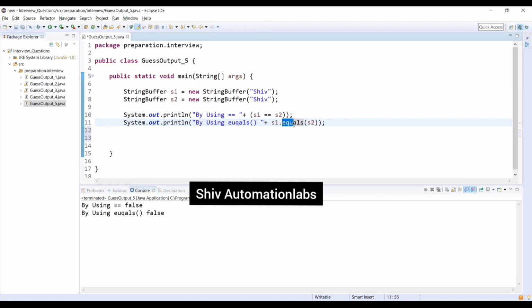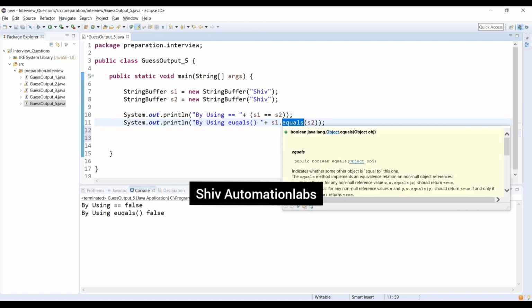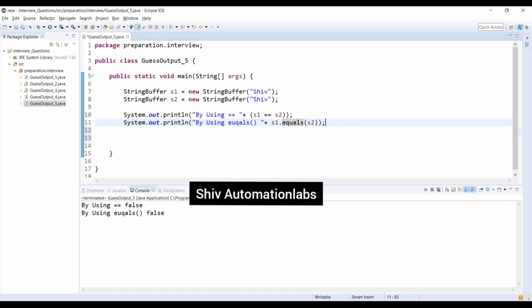Basically, this equals comes directly from the object. As we all know, we have an object and it contains the equals method, so in string buffer it directly comes from the object.